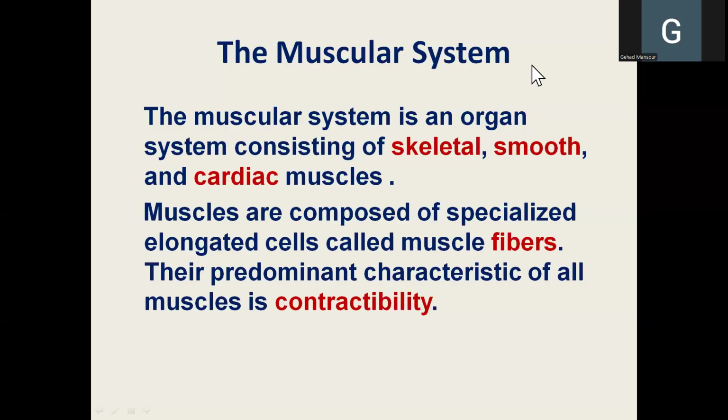Hi, everyone. This is the mid-semester 1 revision video, and I'll start with the first question, which is: justify skeletal muscles are considered organs. A skeletal muscle like the biceps or the triceps muscle, for example, is considered an organ because it consists of a group of tissues that carry out one or more related functions. So in case of the biceps muscle, for example, we have the muscular tissue that contracts and relaxes.